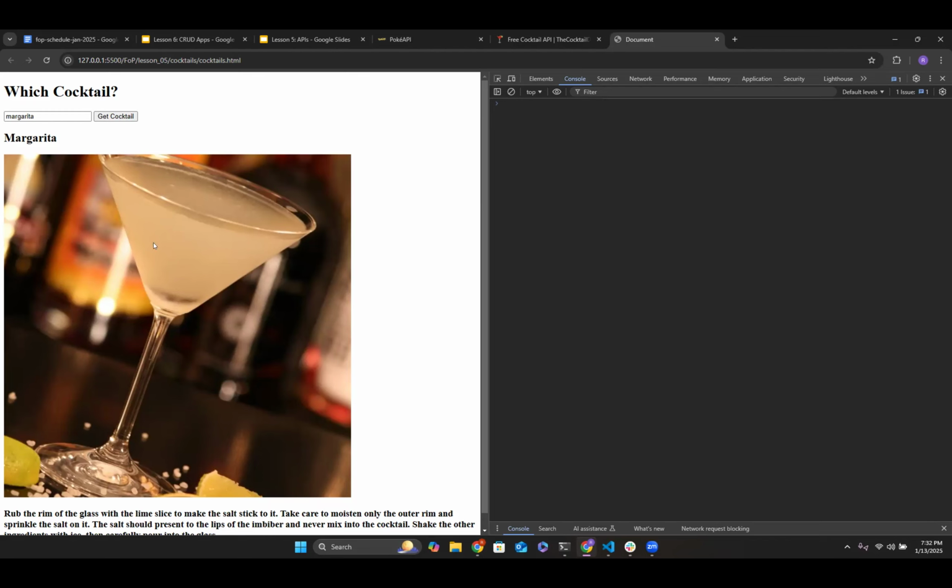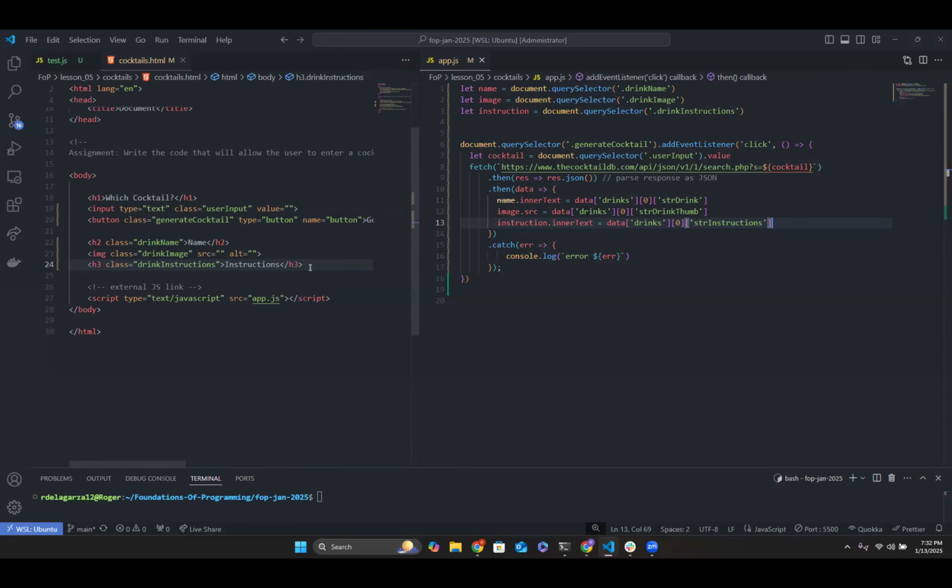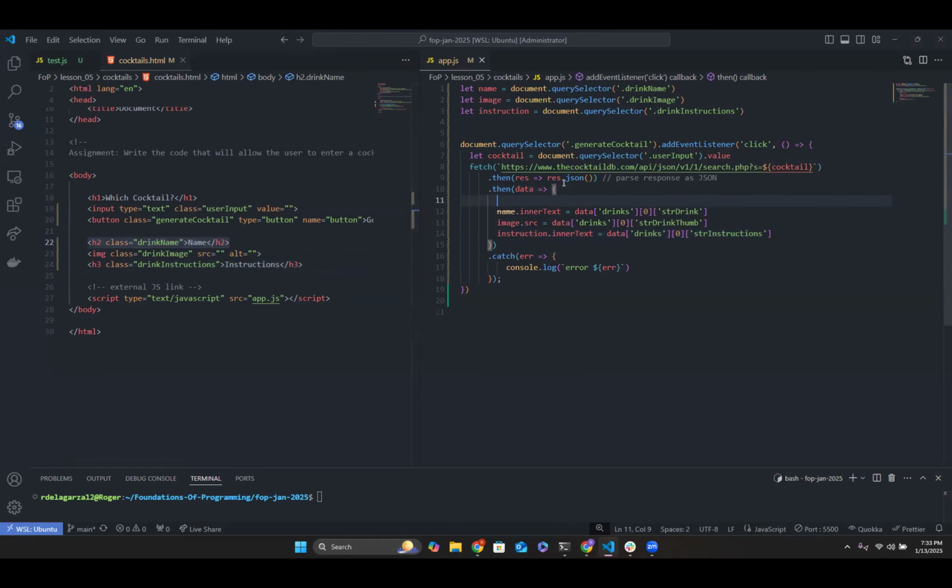Now, maybe this isn't the best way of doing it because notice that margarita takes the place of the name and the instructions take the place of the word instructions. So the best way of doing this to be a little bit more dynamic would be to create a new element and append it to the specific tags. So let's do that real quickly. Let's do it for the name. And if we do it for the name, it should be the same thing for the instructions. But I want to create a new element and then append it to this H2. So I'm going to say